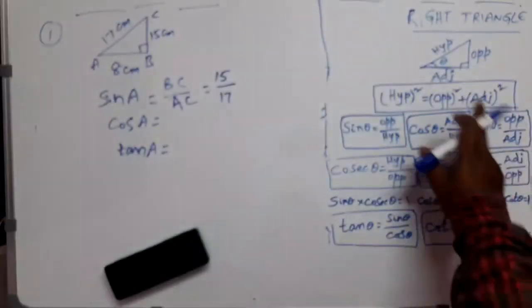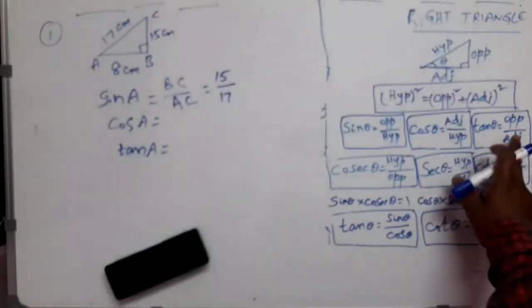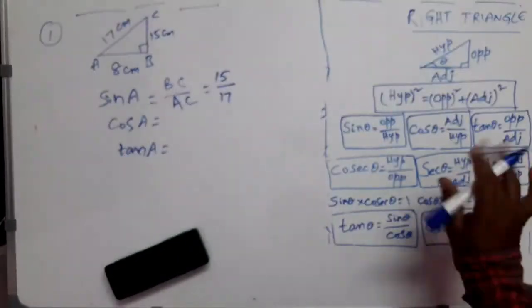Third one, what is the third ratio? Tan theta. Tan theta is opposite by adjacent. This by this. You don't have hypotenuse here, right? So you can remember this also. These two have hypotenuse as denominators, and for the third ratio, tan, you don't have hypotenuse; you write opposite by adjacent. If you remember these three, automatically the remaining three you can remember.